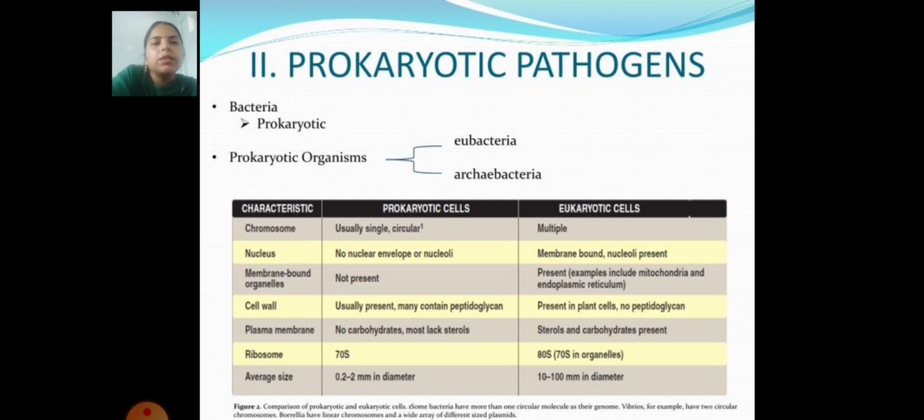Cell wall: in prokaryotic cells it is usually present, and many contain peptidoglycan. In eukaryotic cells it is present in plant cells, with no peptidoglycan. In prokaryotic cells, the plasma membrane has no carbohydrate and mostly lacks sterols, whereas in eukaryotic cells, sterols and carbohydrate are present. Ribosomes: prokaryotic cells contain 70S and